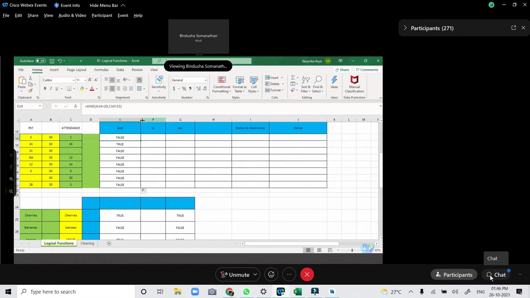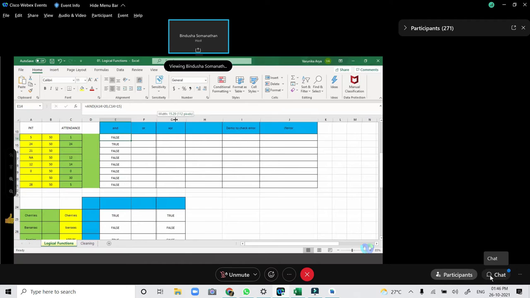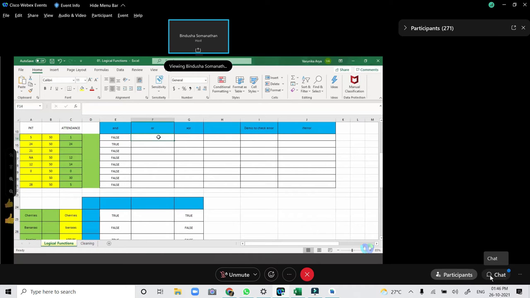Cool. Now, this was the AND operator. Now the OR operator. The OR operator will return a true value if one or both the conditions are met. Once again, if one or both the conditions are met, then we will get a true value in case of the OR function.